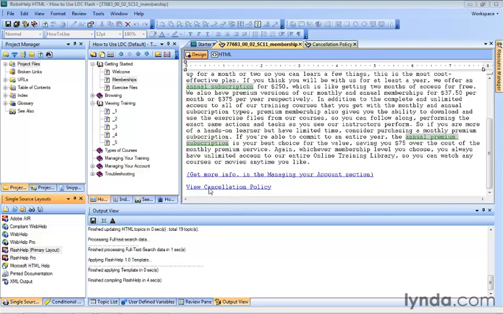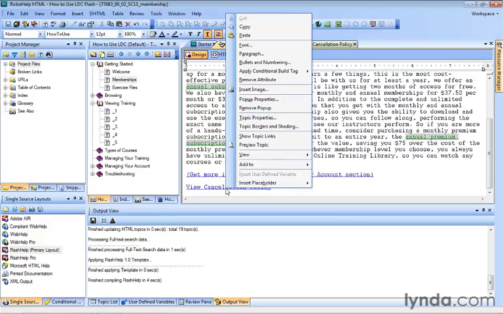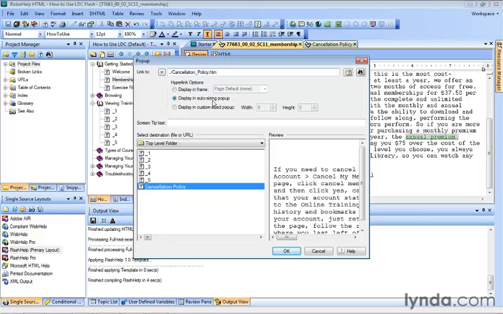So we're going to continue here with our How to Use LDC Flash project, looking at the memberships topic. And down at the bottom is where we created our little link to the pop-up. Well, we can right-click that link if we want to change the pop-up's properties. Notice here we don't have hyperlink properties, we have pop-up properties. So we click that, and here's where we see the selection we made when we created it to display in